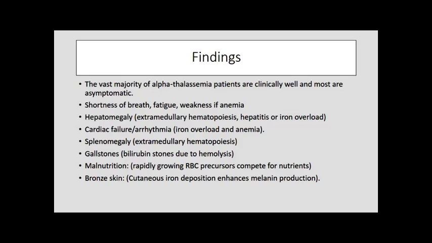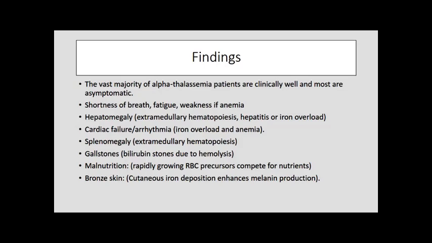Also, they are going to have malnutrition, weight loss, cachexia. They are going to have muscle wasting, because the body is trying to make more red blood cells, and this rapid growth of blood cell precursors is going to take lots of nutrients, and the rest of the body is going to suffer the lack of nutrients. This is, of course, mostly seen in developing countries. Probably here, you're not going to see people with this malnutrition because there is more accessibility to resources